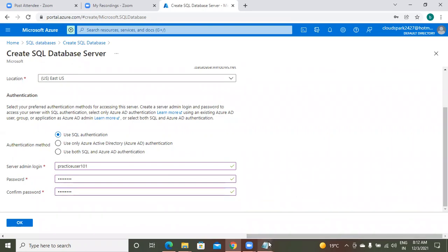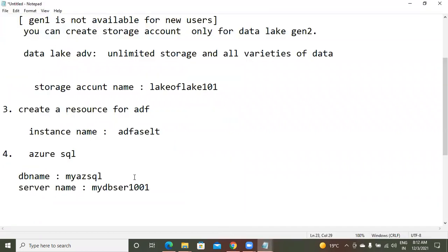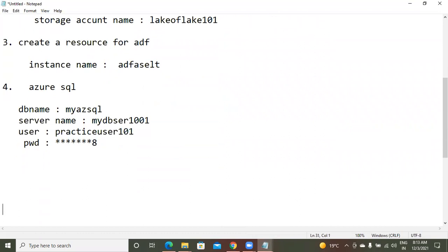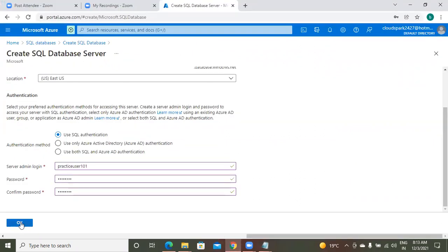Practice user 101, that is my user ID, and password. So finally save, okay, sir.